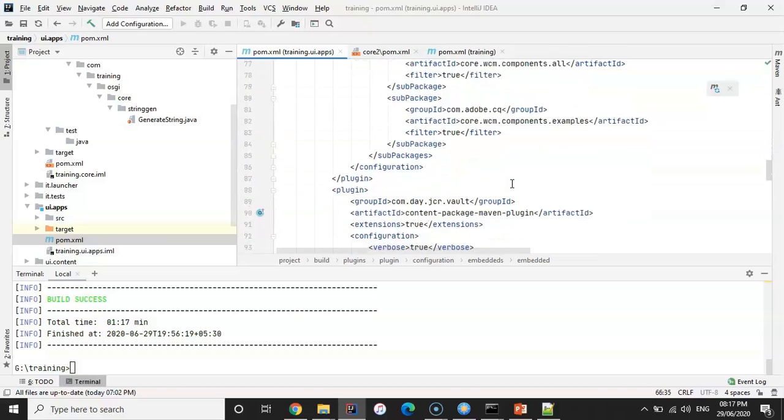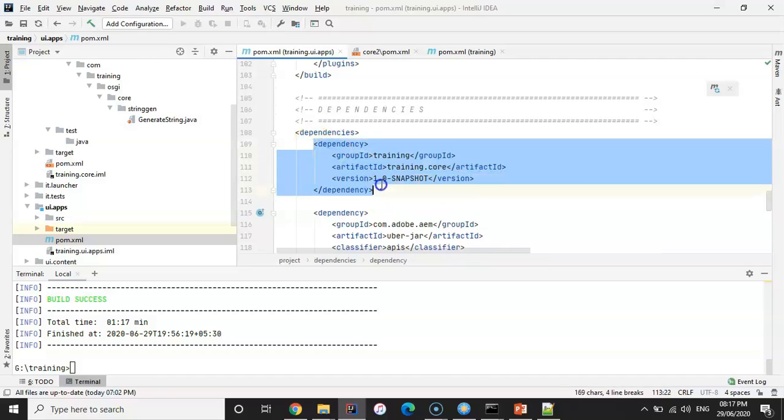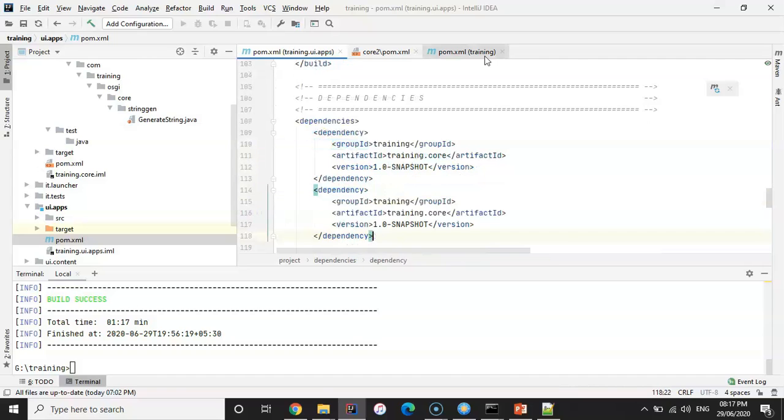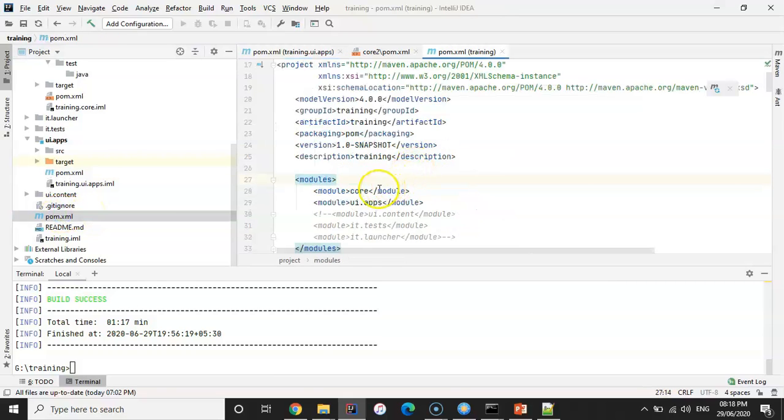And also we need to add the dependency of the core2 module. So that's core2. Let's change in the parent pom.xml. Let's go to it, and now